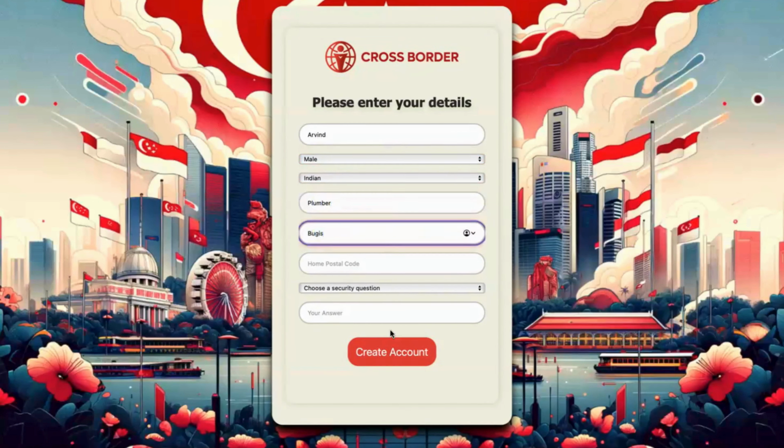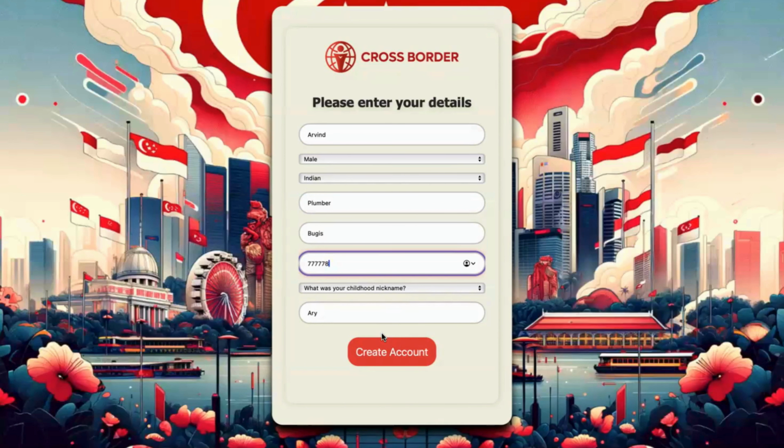This form also has robust error handling. For example, if the user tries to submit their form without filling out all the mandatory fields, it doesn't let them proceed and asks them to fill all the valid inputs. He is also constrained to enter a valid Singaporean 6-digit postal code. The user also must enter a security question and answer for added security in case they lose their login credentials